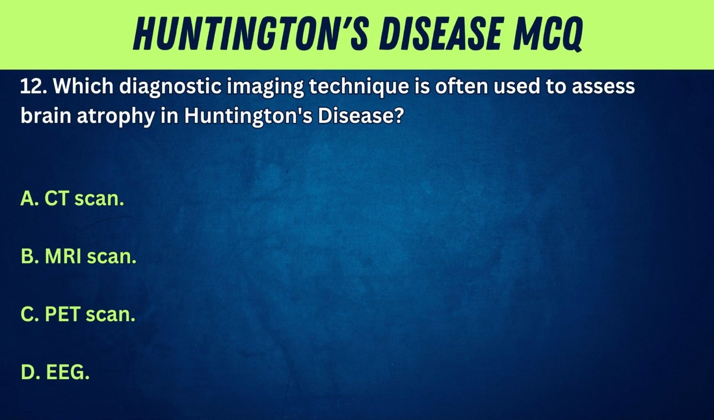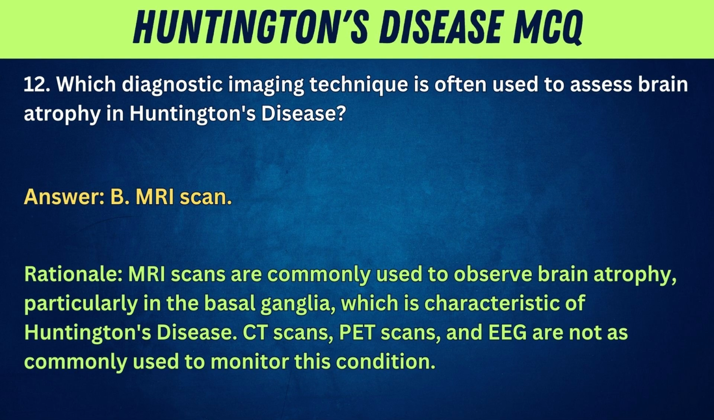12. Which diagnostic imaging technique is often used to assess brain atrophy in Huntington's disease? A. CT scan. B. MRI scan. C. PET scan. D. EEG. Answer: B. MRI scan. Rationale: MRI scans are commonly used to observe brain atrophy, particularly in the basal ganglia, which